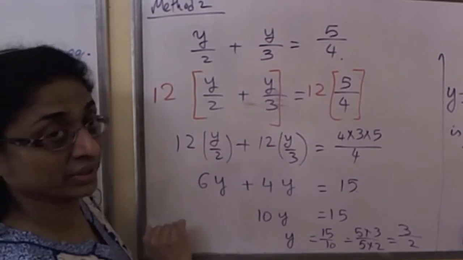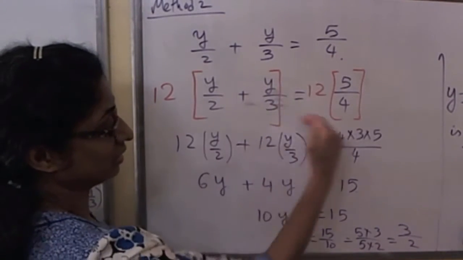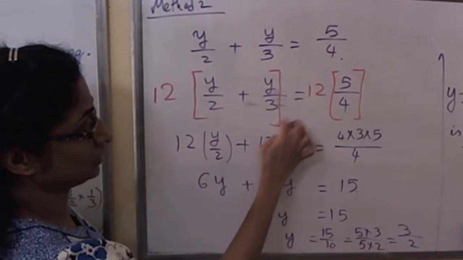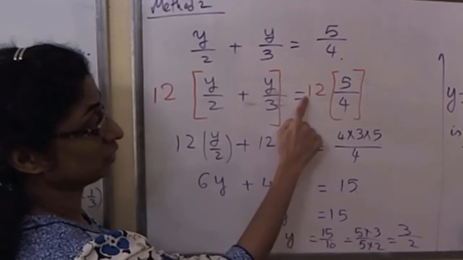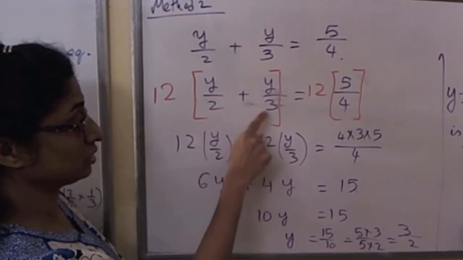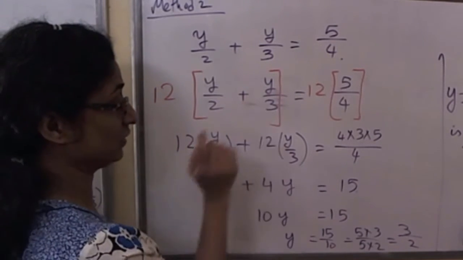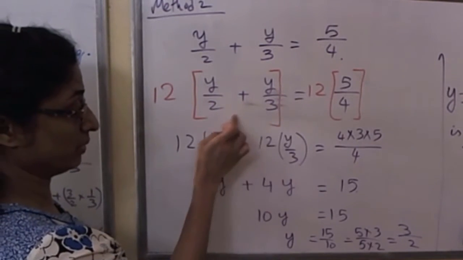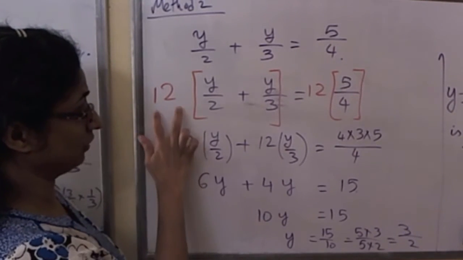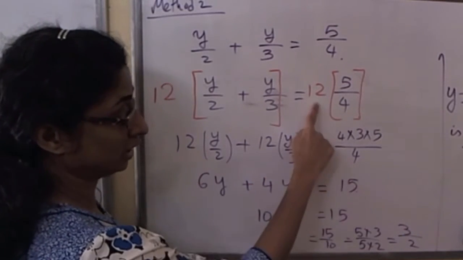Again, pay attention to the correct write-up style. I must have an equality sign. Every line is an equation, and here I take the entire thing, put it into parentheses, and you see a 12 here, you see a 12 here, and all of that good stuff. Now here, it's a matter of using the distributive law of numbers. Remember, y is a number, so this form should remind you of the distributive law. So if you apply that, we get 12 times y over 2, 12 times y over 3 equals, here again,